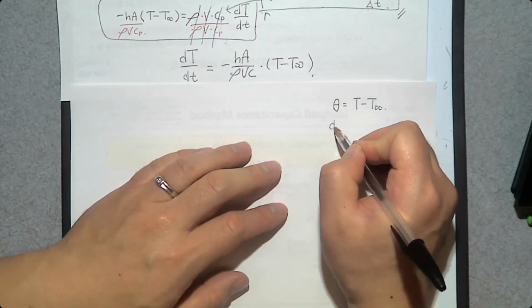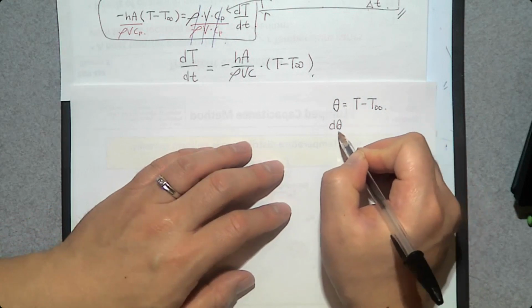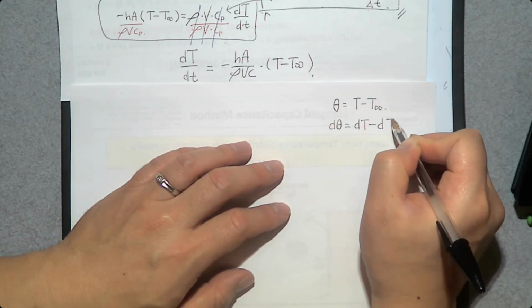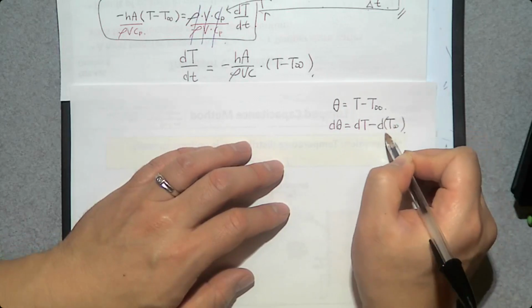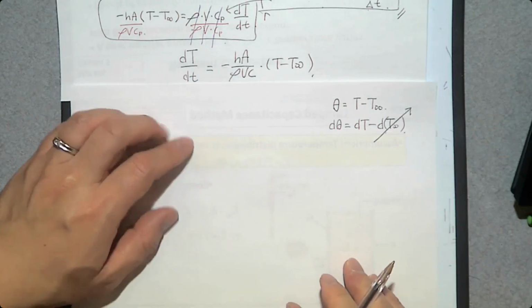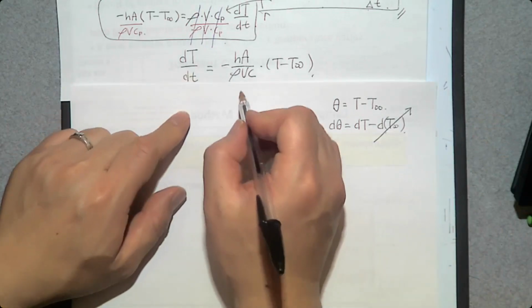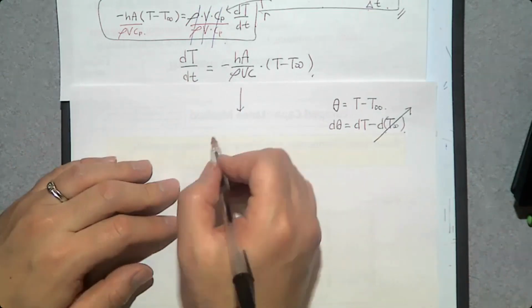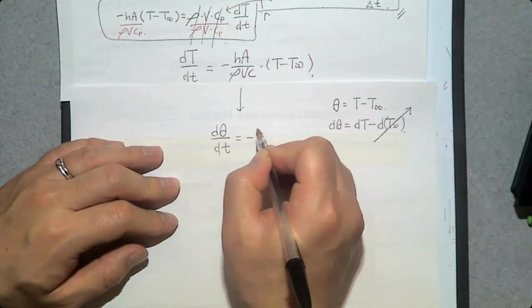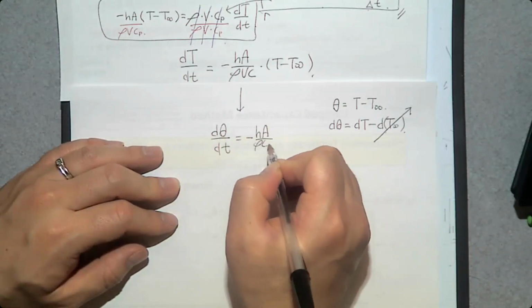We get d theta is going to be dT minus dT infinity. By the way, T infinity is constant, so this one goes away. So this equation can be rewritten as, what time is it? Oops. d theta over dt is minus hA over rho V c_p